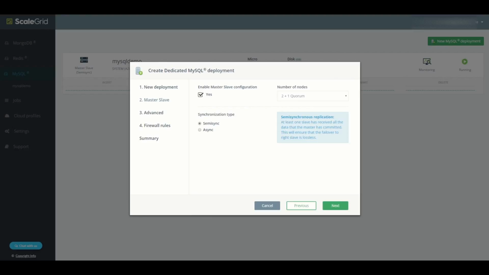There are 2 types of supported master-slave configurations. We can do a master and a slave and a quorum, or we can do a master and 2 slaves. If you're running a production system, we would highly recommend a master and 2 slaves. Once you've enabled your master-slave configuration, there are 2 types of synchronization you can use: semi-sync and async, and the